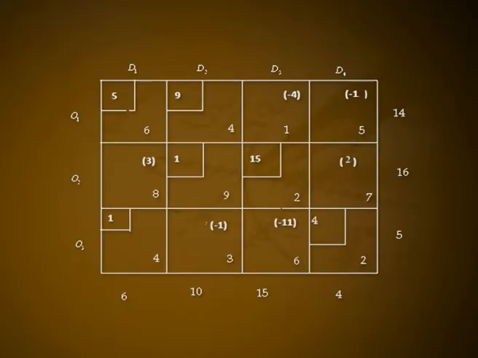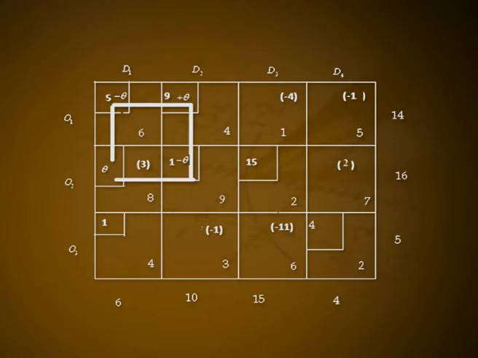When theta equal to 1, the transportation table with the new basis and the new net evaluations calculated for non-basic cells, as done in the case of the last basic feasible solution, are shown as follows. Since all the net evaluations are not non-positive, it follows that the current solution is not an optimum one. Since the net evaluation is maximum for it, the non-basic cell 21 must enter the basis.